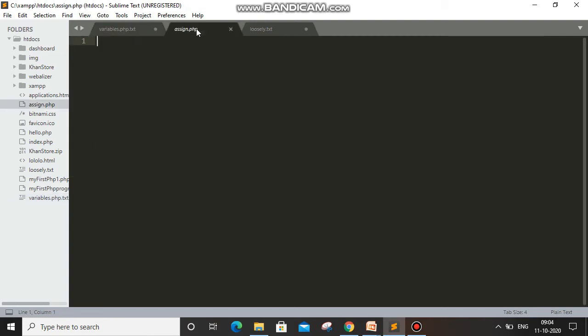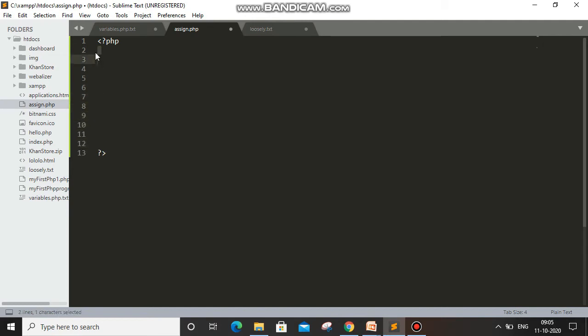You have to go in the htdocs folder and create a new folder inside that, as you have seen earlier. I have already created assign.php and now we will start our PHP code. So this is our PHP script, as you all know. If you are dealing with PHP code only, then there is no need to give these two, but for the time being I will give them. If you are using only PHP code, then it's okay. You need not give the question mark and the less than and greater than symbols.